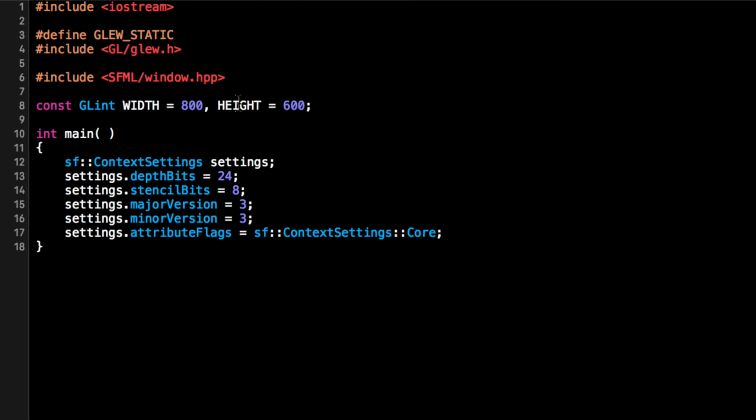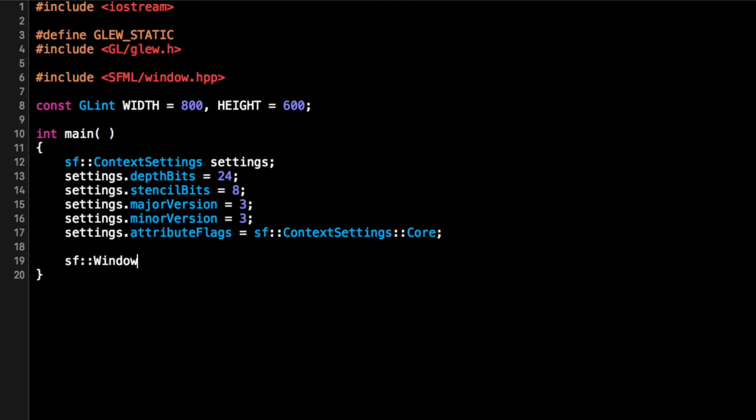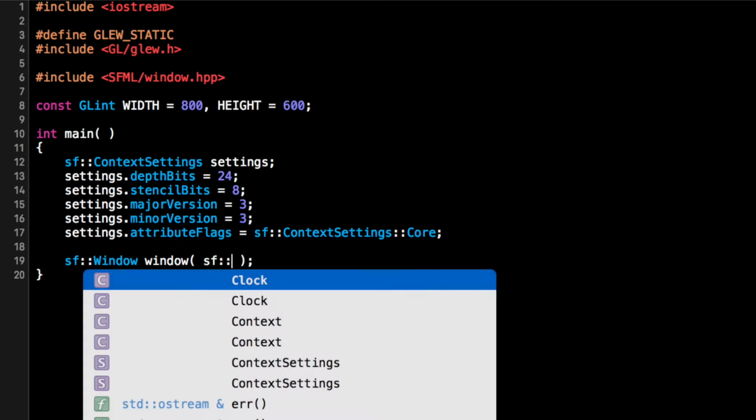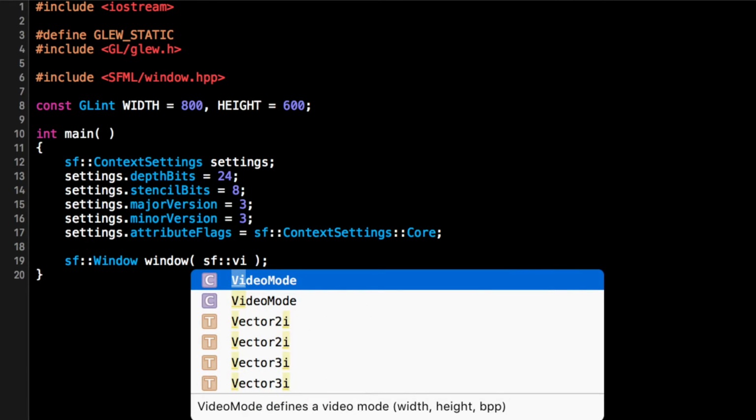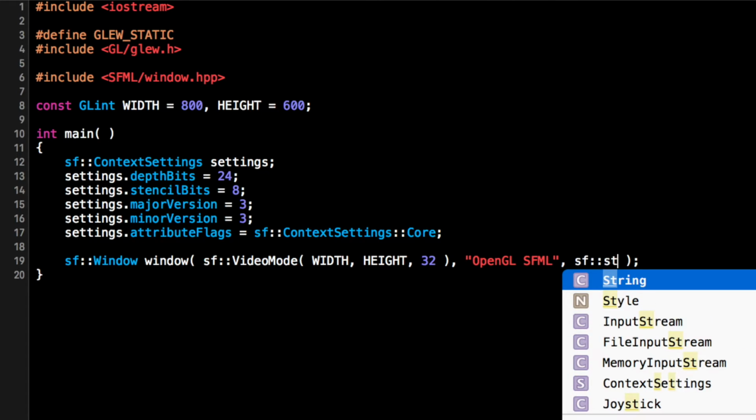So what we're going to be doing is sf::Window, and for this we're going to put sf::VideoMode. The first value is going to be width, then height, and then for the final value we're going to put 32, comma, and for the name of the window we're going to put OpenGL SFML, comma, sf::Style::